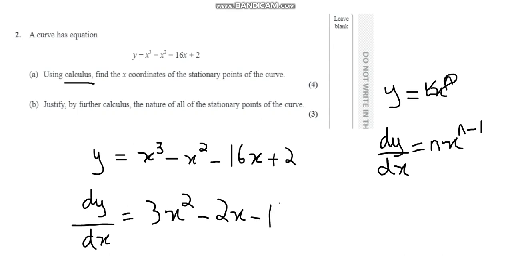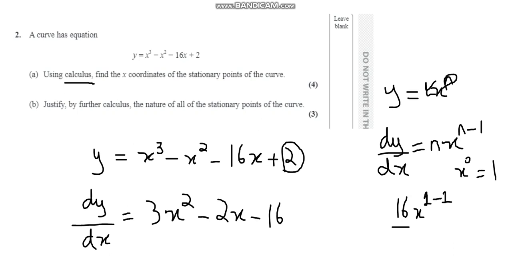16. Guys, remember, if we differentiate 16x, we have 16 times x to the power 1. The power is 1, and 1 is multiplied with 16, which is 16, and then the power is subtracted by 1, so we are left with x to the power 0. If you remember your indices, x to the power 0 is equal to 1. So we are left with 16 into 1, that's 16. The differential of a normal number is nothing but 0, and we don't need to write that.